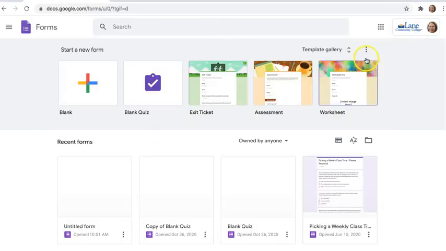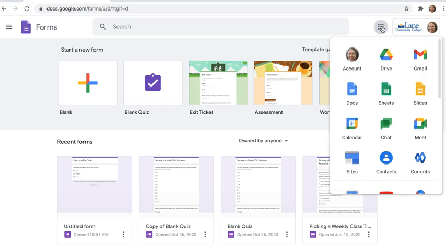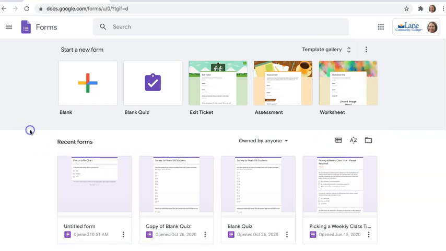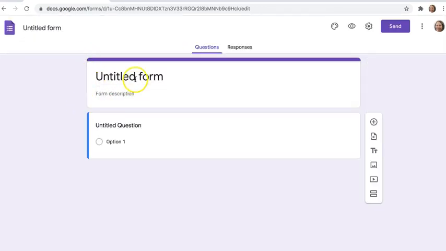The other way to get there is to click the 9 dots in Google Drive and then scroll down until you find the purple Forms icon. So in here, I can click to start a new blank form, and I know the word form is a little weird, but it's really just a survey or a quiz. So if I click plus there,